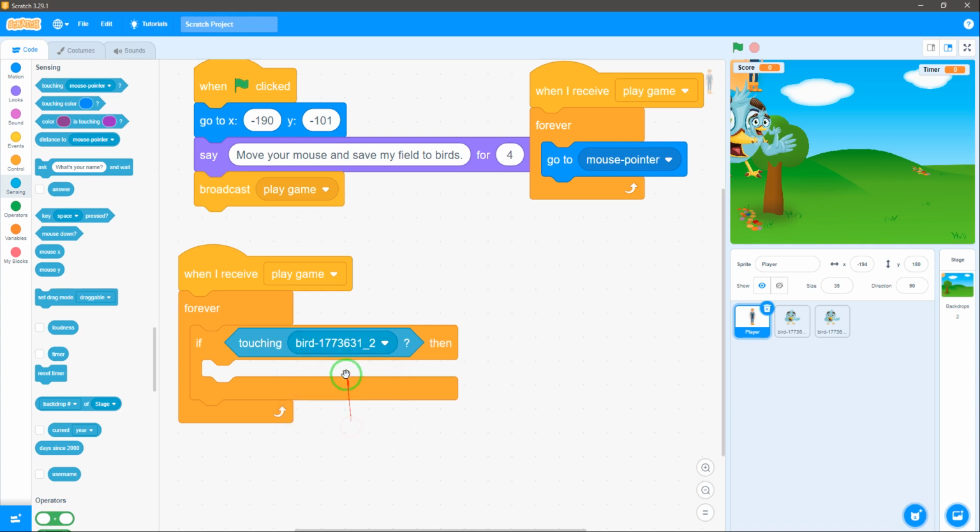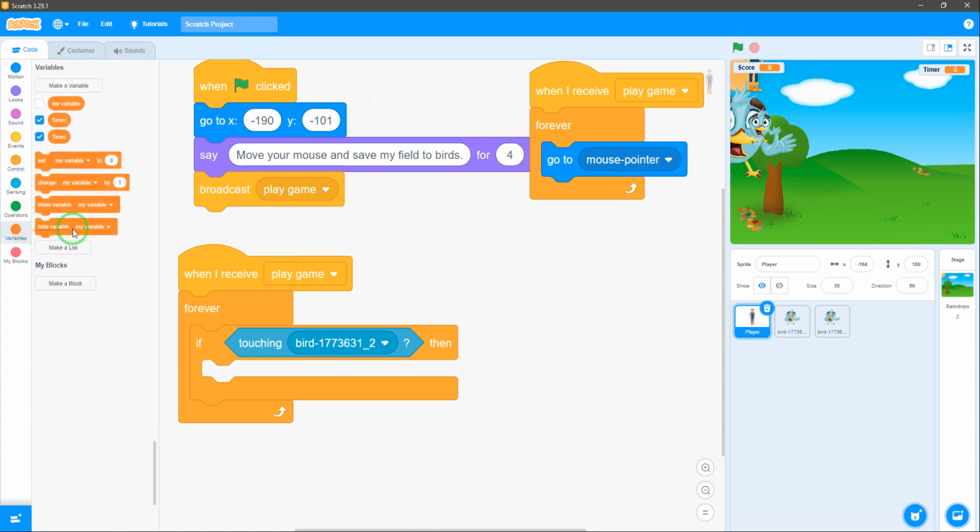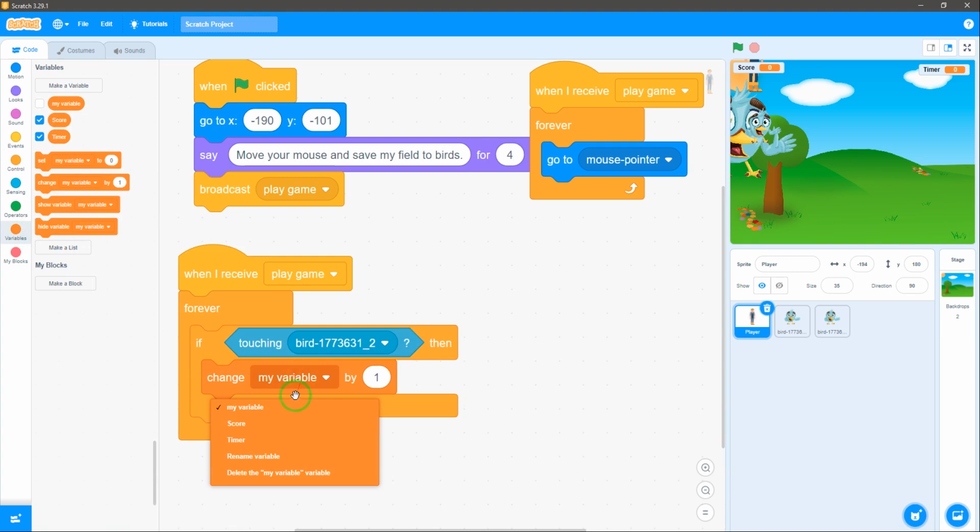Okay, if it touches this bird, you will change the score. How will we change the score? We'll click on variable and click here on change variable by 1. The variable is score here. Okay, so as it touches this object, it will